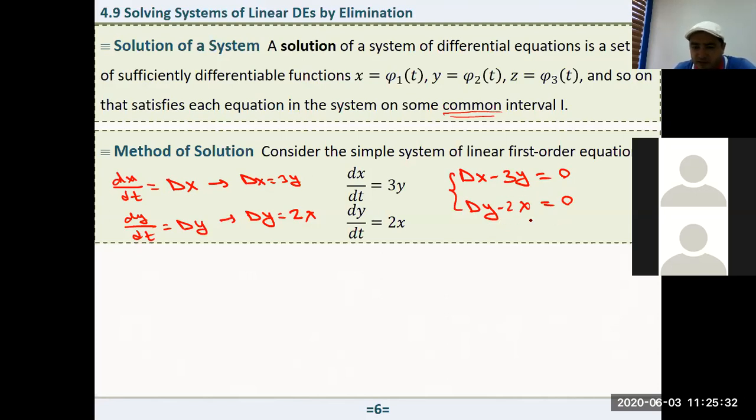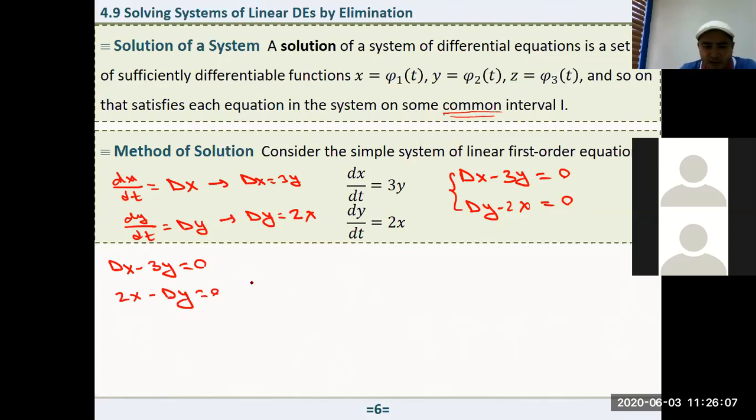Now see here, we have a system, right? 2 different equations. So we are going to use here elimination methods. So I will eliminate either x or y, it doesn't matter. Usually in alphabetical order, if you just go in this way, I have to eliminate this y. How can I eliminate this y? Let me rewrite this in the right order. So here we have Dx minus 3y is equal to 0. The second one is, if I just multiply both sides by -1, here we have 2x minus Dy is equal